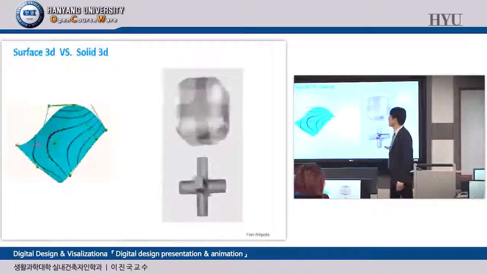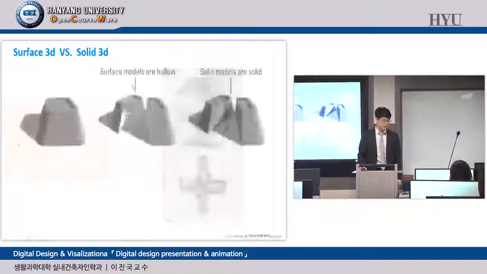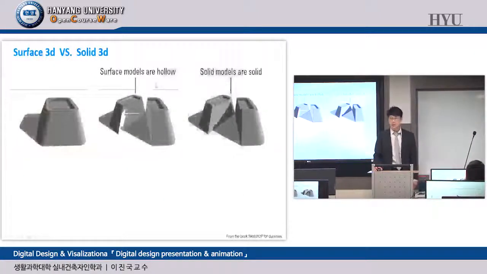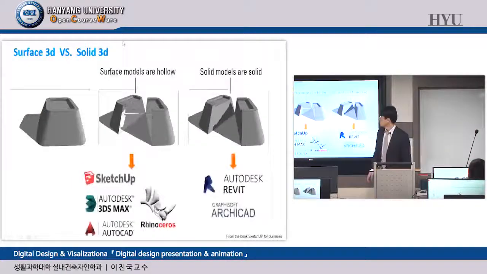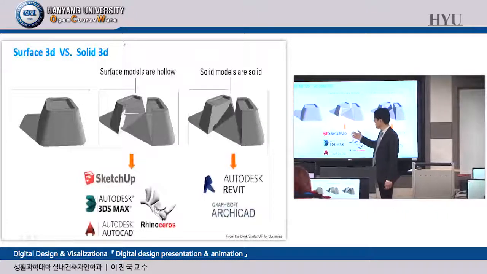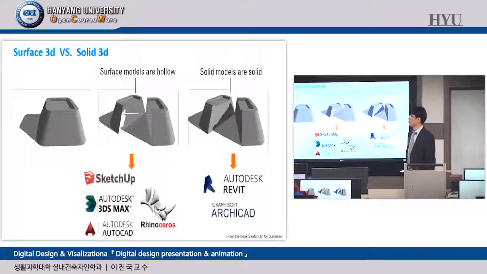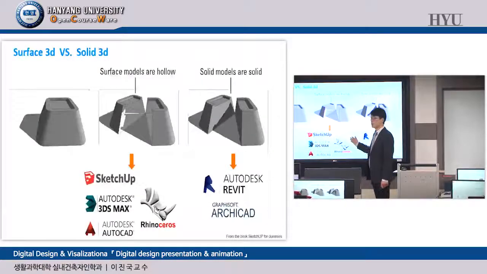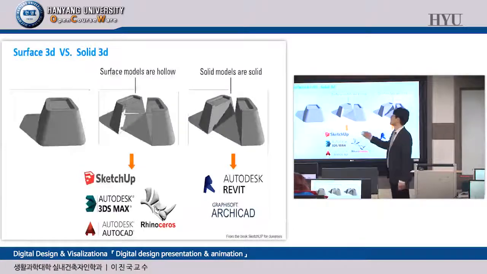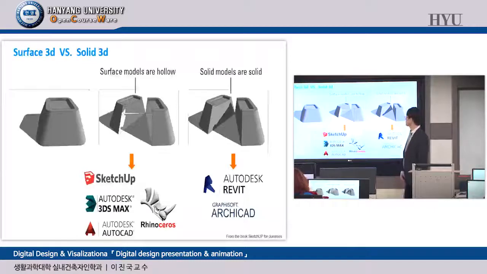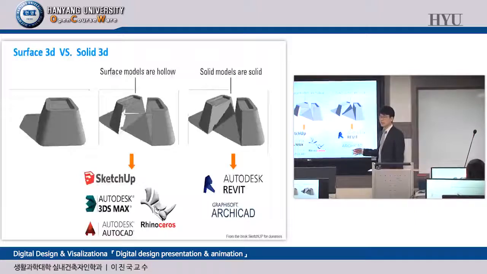That's my topic. As I introduced you before, surface 3D, solid 3D, it's not easy to figure out in this example, but how about this one? Hollow inside, that's surface 3D. Solid inside, solid model. So what you have walked through, SketchUp, 3D Max, AutoCAD, Rhino, Maya, Blender, or almost every single game has this surface-based 3D model. But Revit, ArchiCAD, CATIA, Digital Project, Gehry Technologies